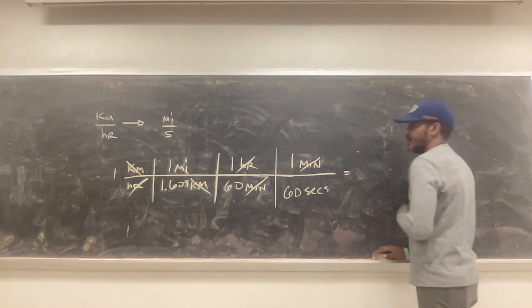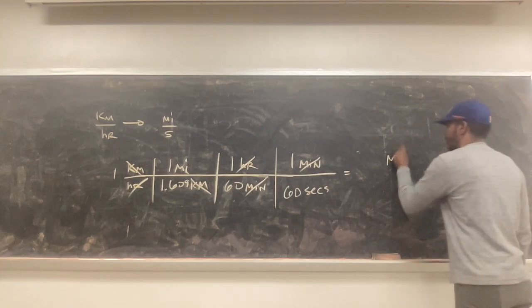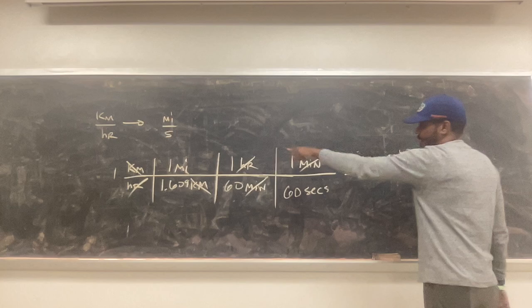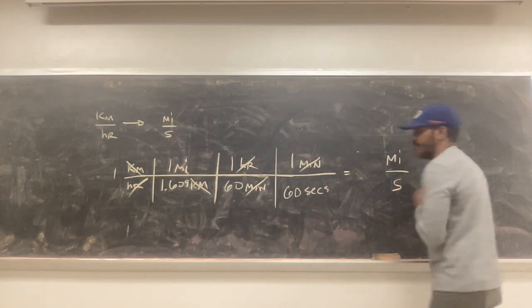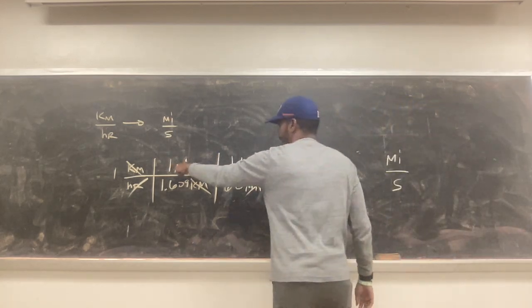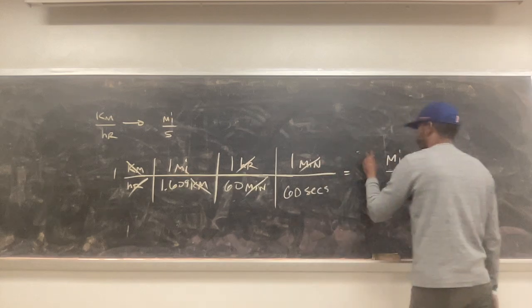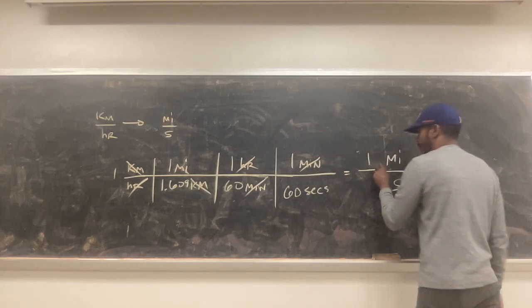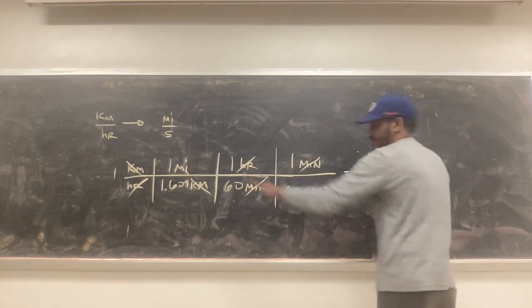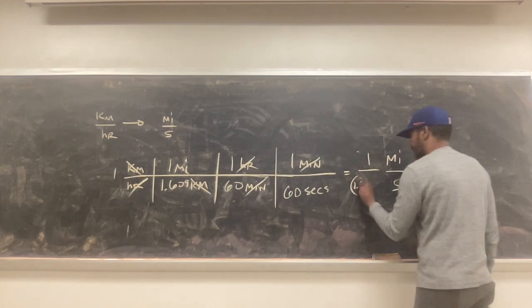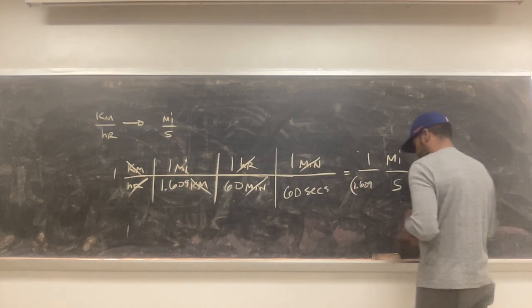So now we're left with what? Miles at the top and seconds at the bottom. Now we do 1 times 1 times 1 times 1, which gives us 1, divided by all that: 1.609